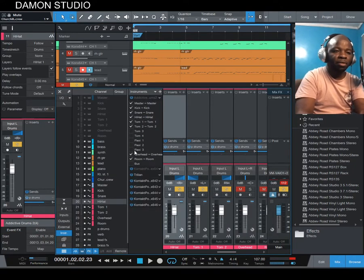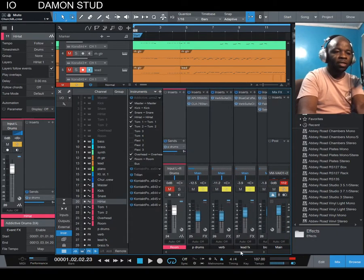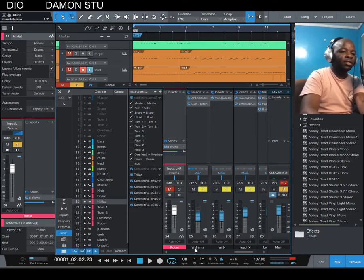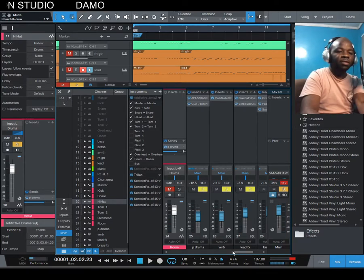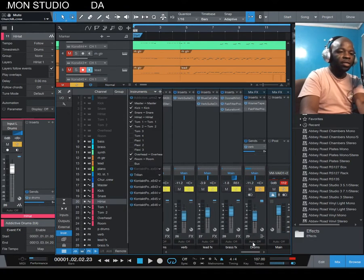If you look at my mix window, you can see there's quite a lot of stuff I did to the drums. I did parallel compressing, and I added an effect of reverb. Yeah, and then on the drum